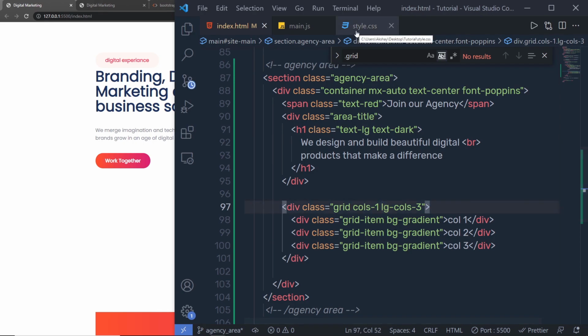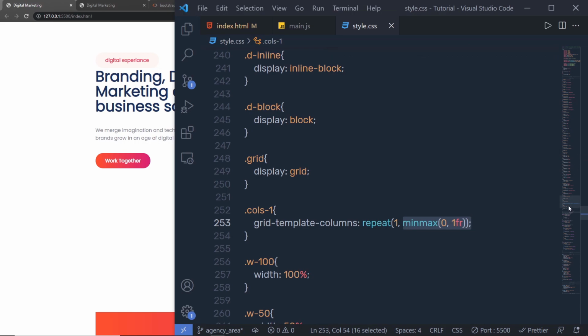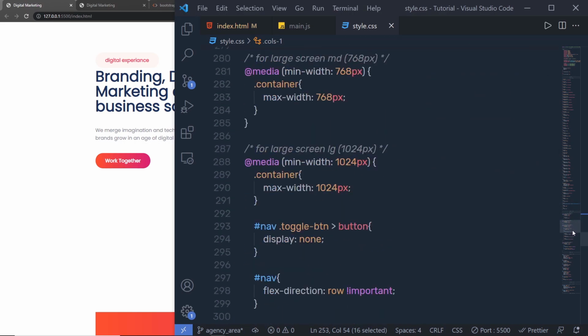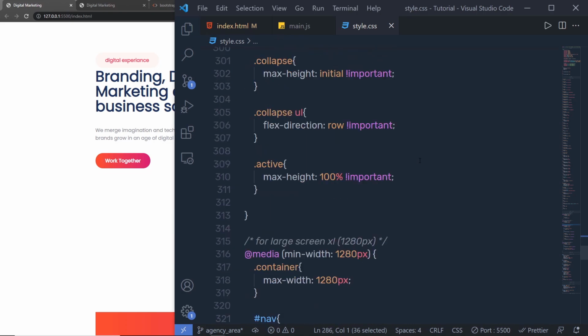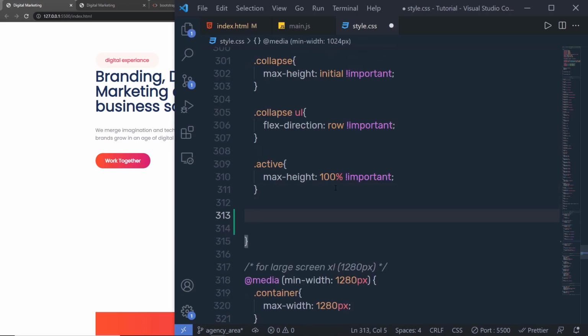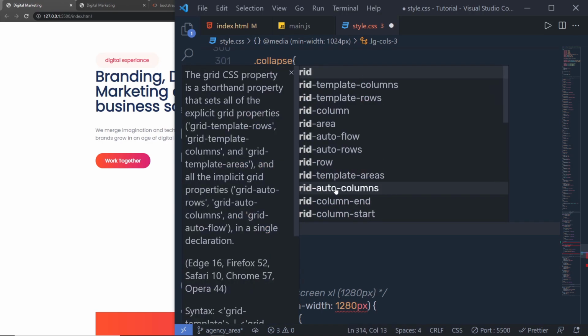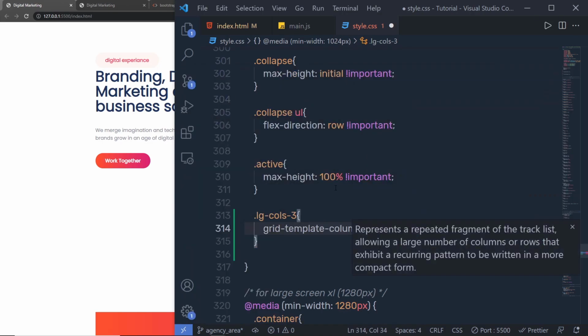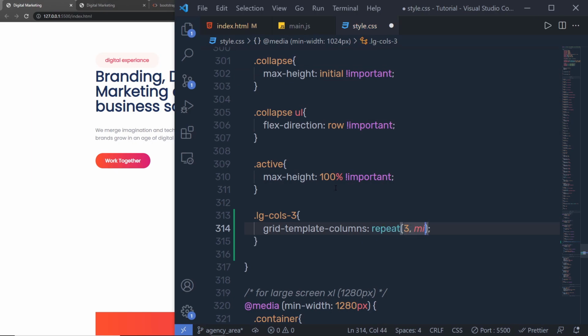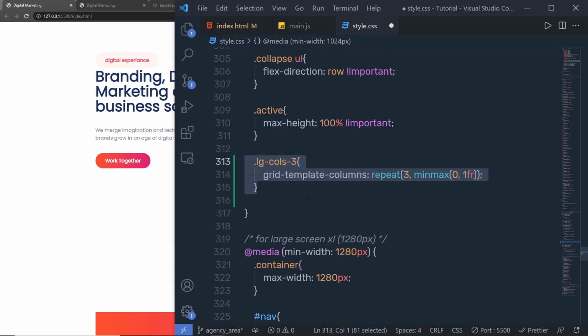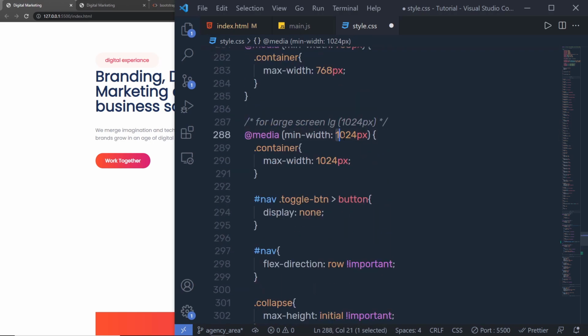Save this file, back to the style.css. Here I'm going to go back to the large media query, this one, and inside this, just down here, I'm going to add .lg-cols-3. I'm going to add this class, and as you know, I want 3 columns. So I'm going to say here grid-template-columns, repeat 3 columns, minmax, and I'm going to specify here 0 and 1fr. So this class is going to create 3 columns when the viewport is equal to 1024 pixels or greater than that. When I save the changes,